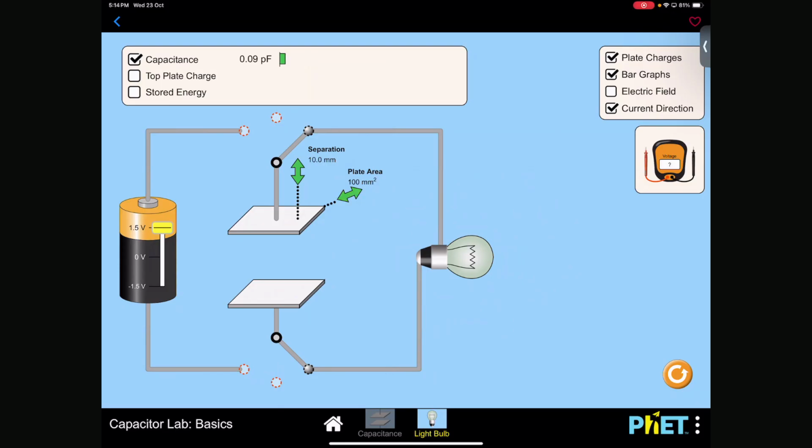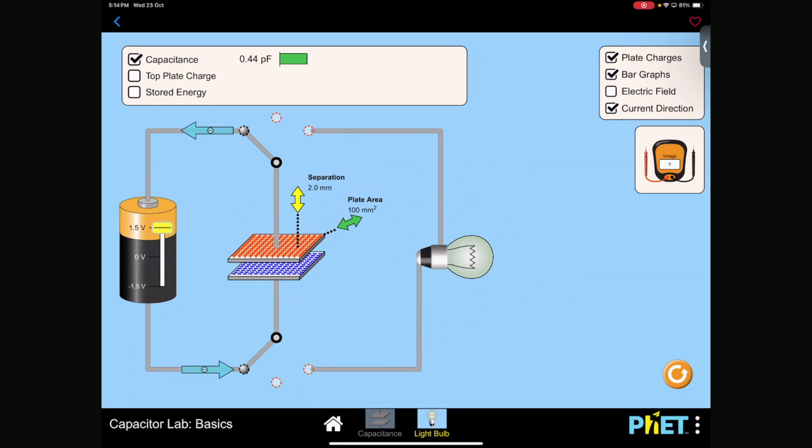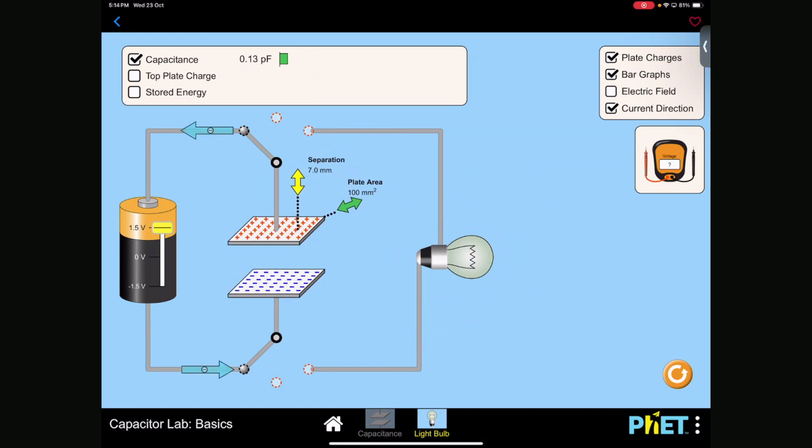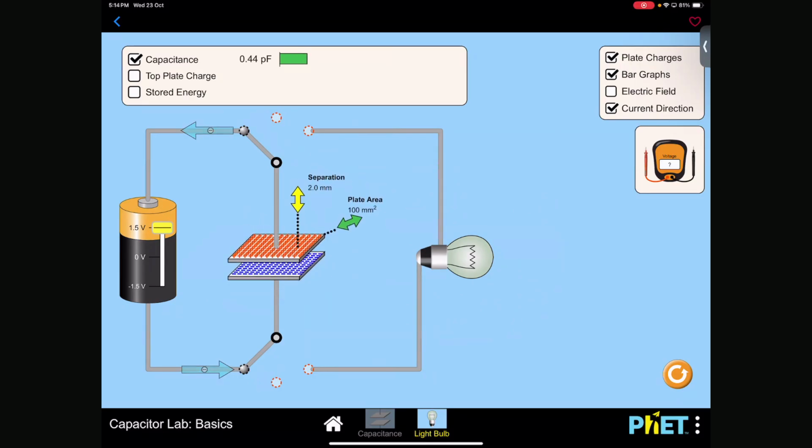So let me show you. Imagine this is like that. If I bring the plates closer, do you see more charges show up? And if I take them further away, do you see charges go away? So why is there more charge showing up when you bring the plates closer? The reason is that the closer the plates get, the more repulsion and the more attraction they experience, so you can push out more charge and pull in more charge. But if the plates are very far apart, there's not really a lot of interaction between them, so they don't store enough charge. So yes, this is the very basic version of a capacitor.